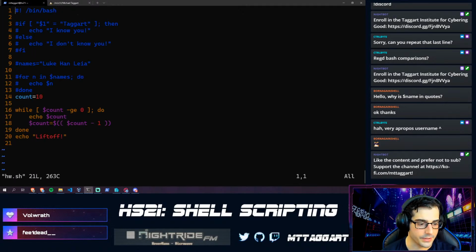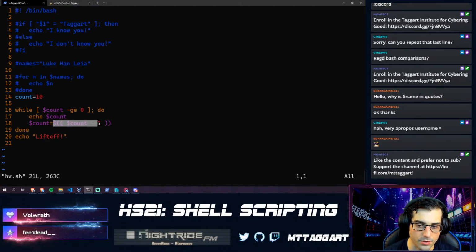So before we run that, let's go through that very, very carefully. We have a while loop where we initialize a variable called count to 10. Then we say while count is greater than or equal to 0, do the following. We're going to echo count, and then we subtract 1 from count by saying count is equal to the result of this expression, which is count minus 1.